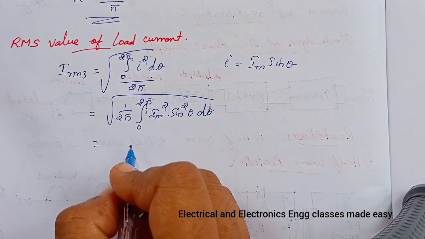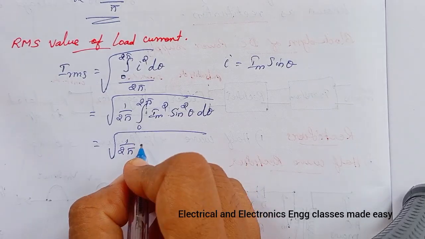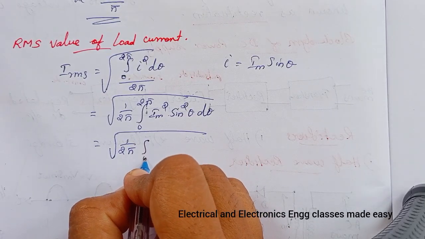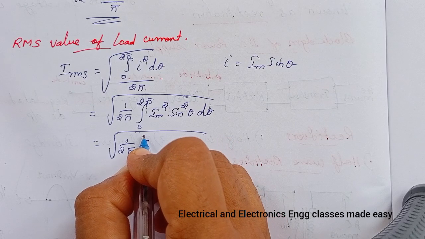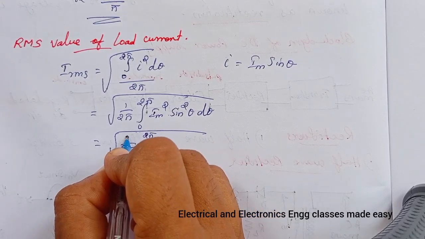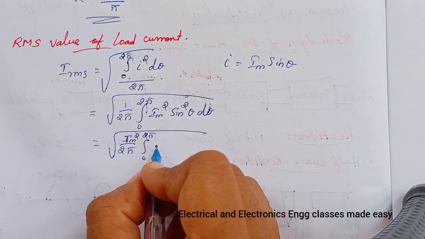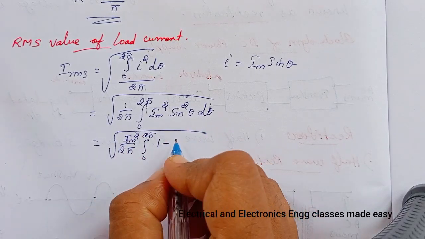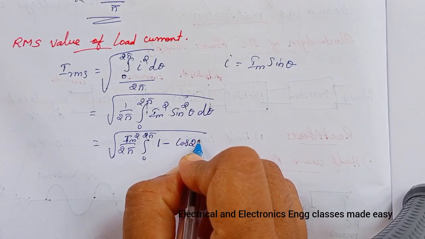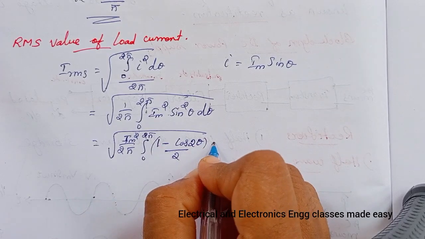That is equal to square root of 1 by 2 pi, then integral 0 to 2 pi, Im square we can take outside. Then sin square theta is (1 minus cos 2 theta) divided by 2 into d theta,